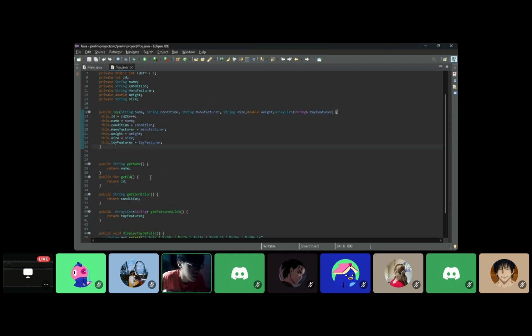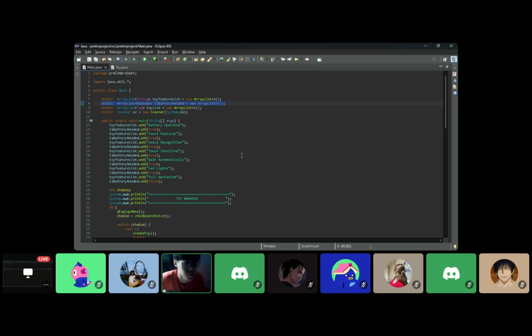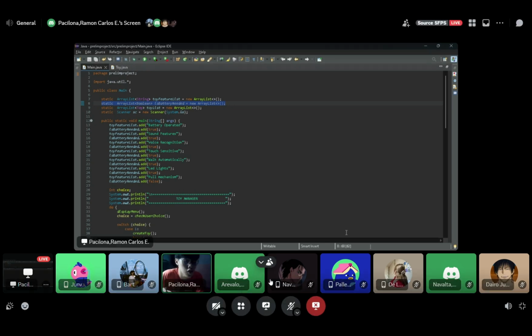The get name, get ID, get condition, and get feature list methods provide access to the toy attributes. The display toy details method formats and prints the toy details, including the toy ID, name, condition, manufacturer, size, weight, and its features. The next presenter will be Joselle Angelo Castillo, who will explain the create toy method.